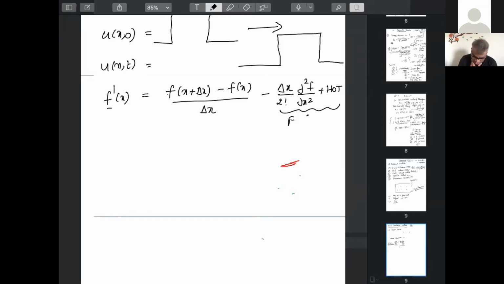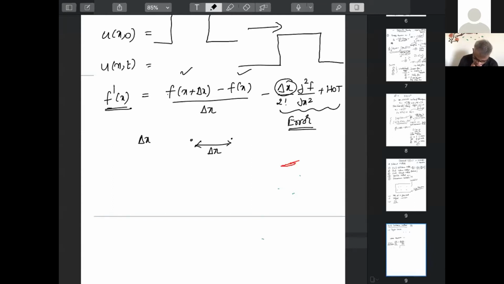When you are approximating the first derivative with the values of the function known at two different points, it creates an error of this sort, and this error is proportional to delta x. If delta x is the distance between the 2 points, my error is proportional to delta x. So if the distance between the 2 points is large, my error is large. This is one way of looking at it.